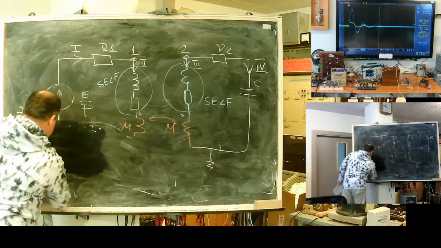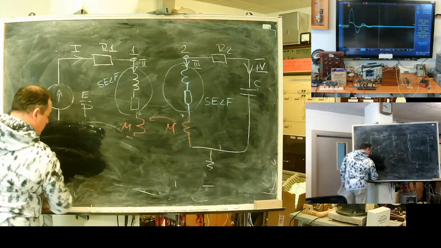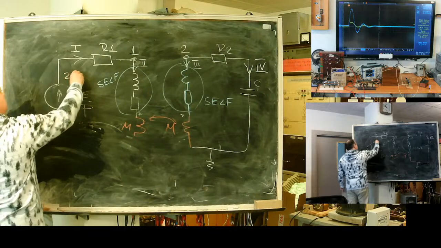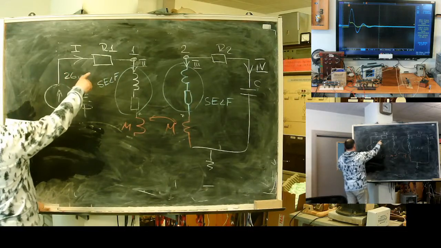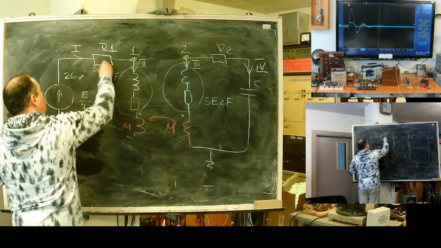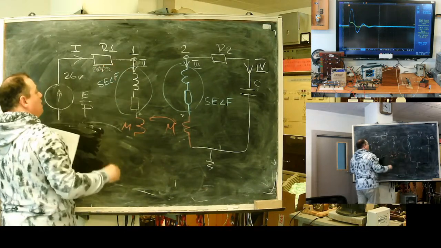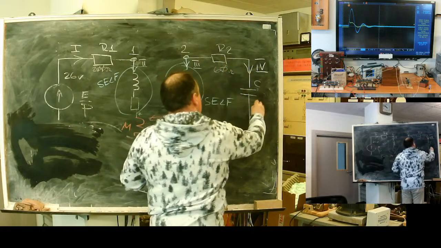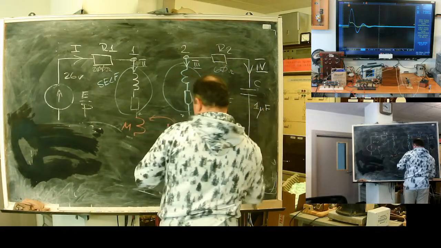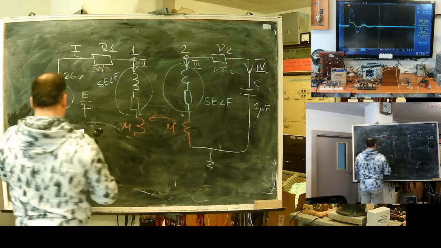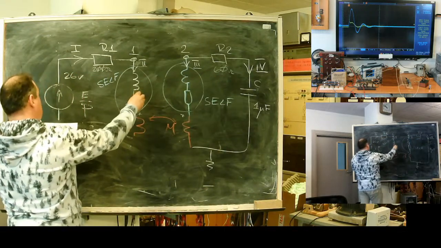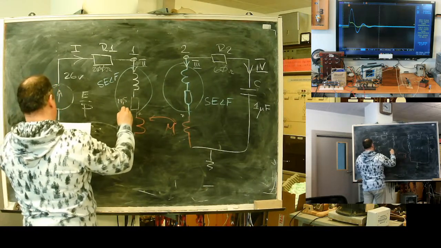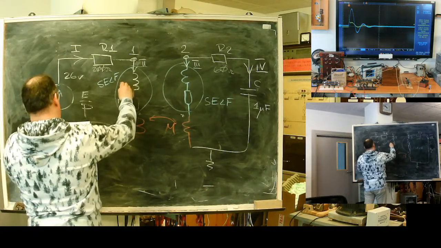In my case, one second, I will bring elements. This one will be 26 volts. First resistance is 200 ohms. The second one is 60. Capacitor 1 microfarad. And for coil, this coil has own resistance 17.5 ohms and inductance